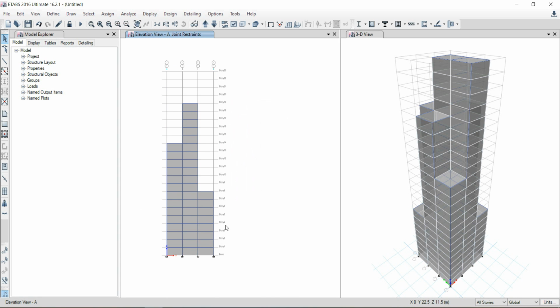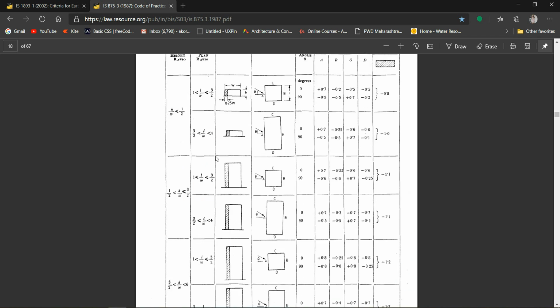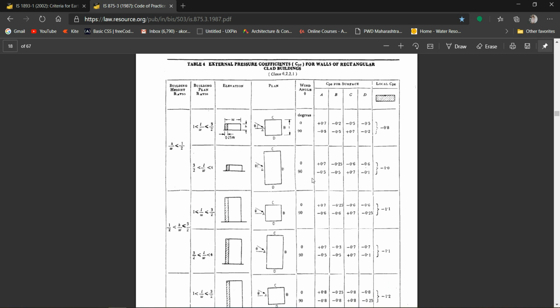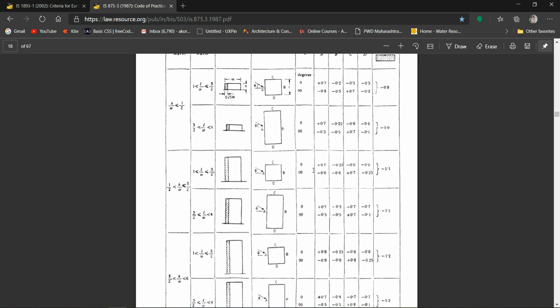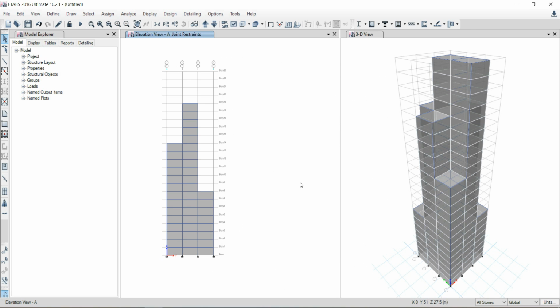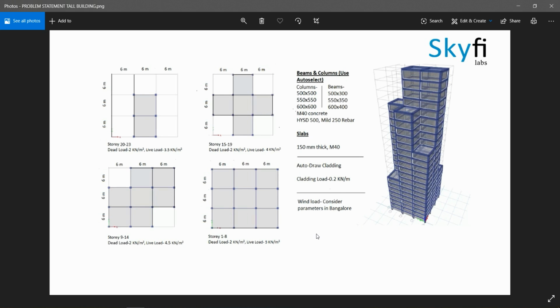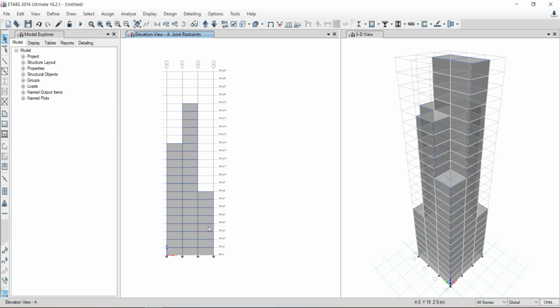For the wind coefficient, we have to refer to the IS 875/1987 again, page number 14, table number 4. So the height of the building is 23 into 3, that's 69 meters, and the width and length is 18 meters, that is 6 times 3 is 18.